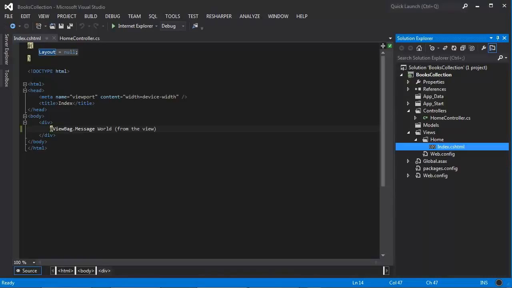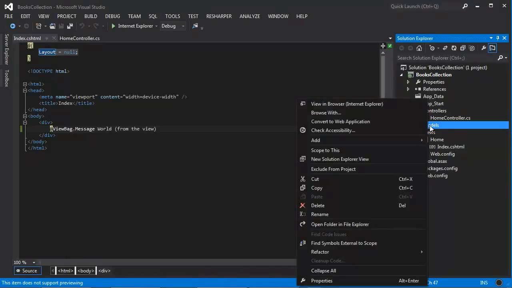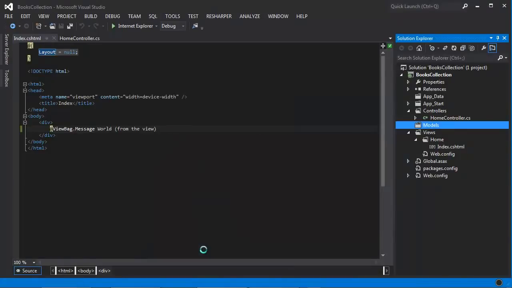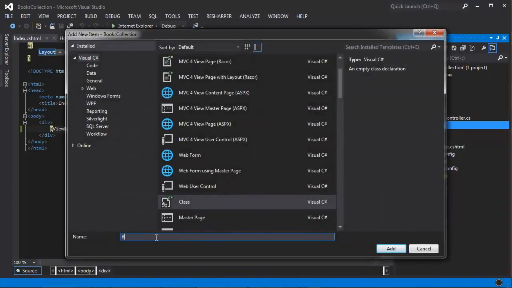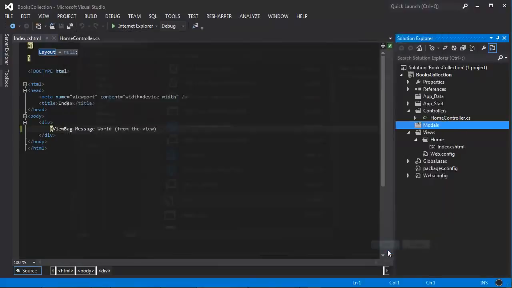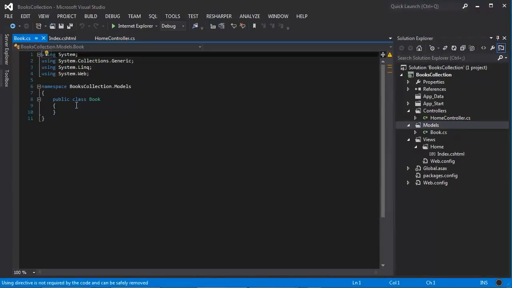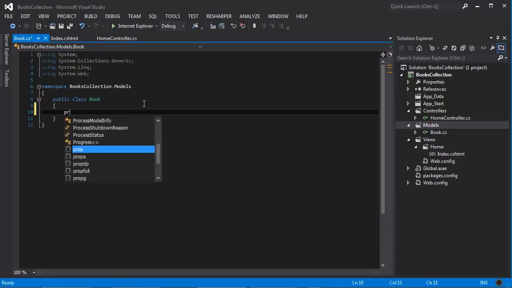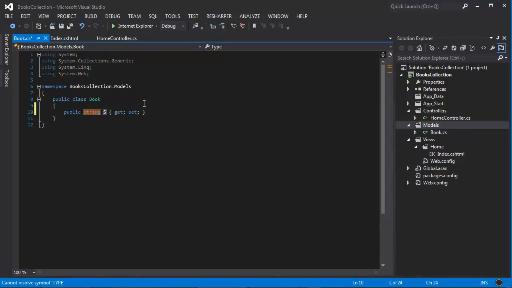So let's go ahead and add a model to our application here. By convention, you should add the models inside the models folder. So I'm going to right click, add, and add a new class. I'm going to call this new class Book because we are writing a books collection application. The first property here will be the author name,